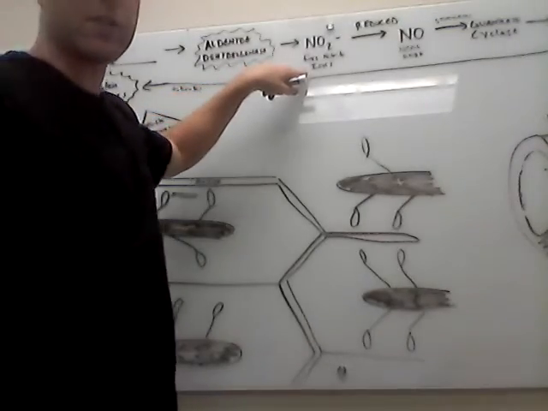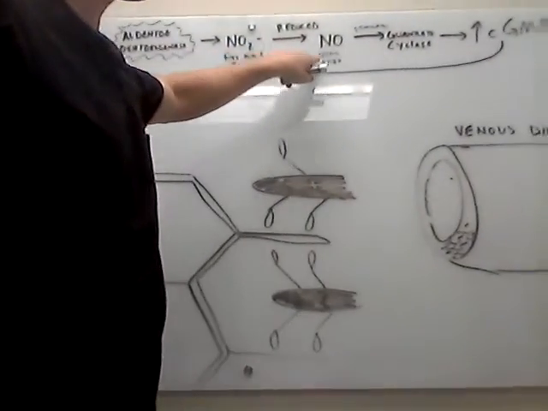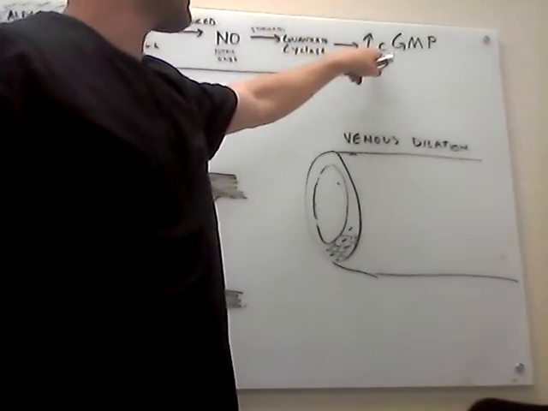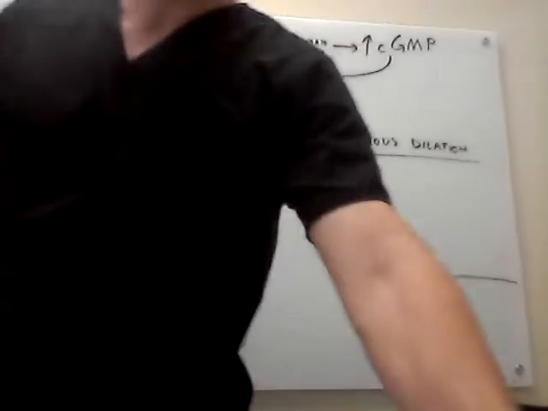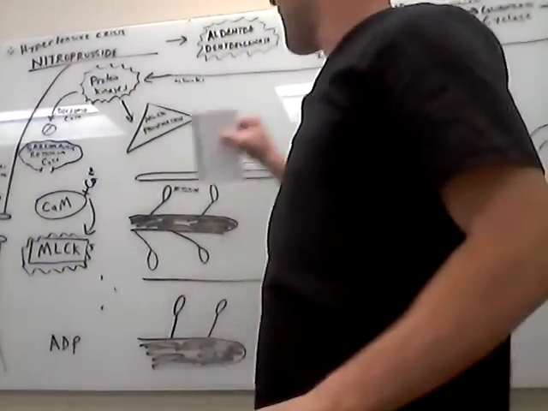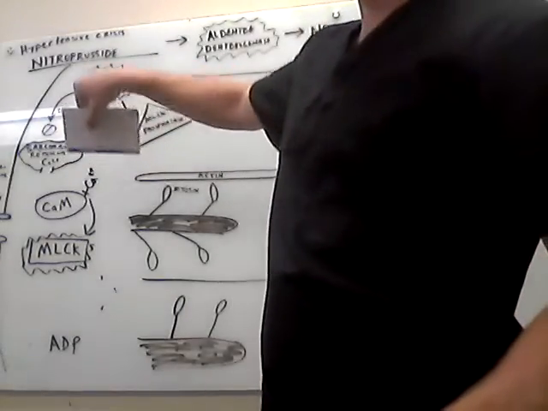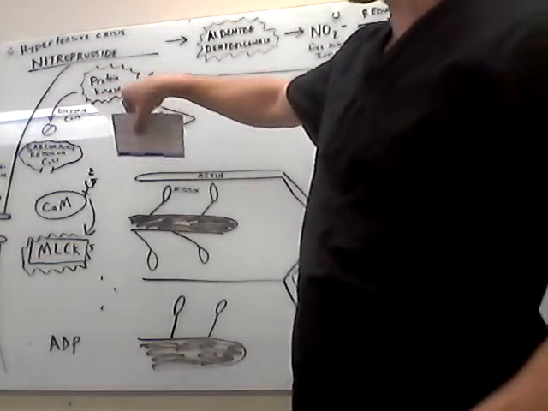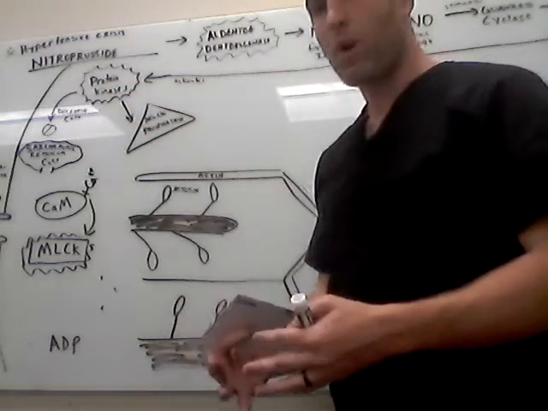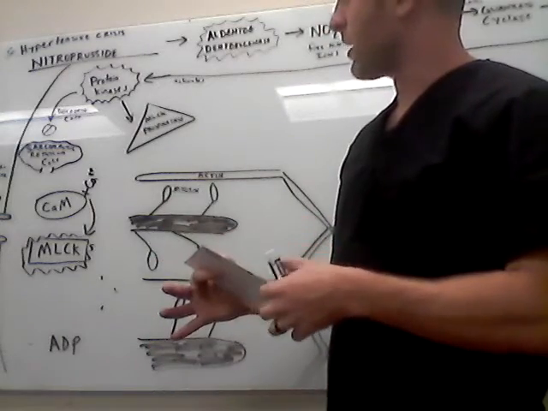Essentially, nitroglycerin came in, and an enzyme called aldehyde dehydrogenase turned nitroglycerin into free nitrite ions. These free nitrite ions were then reduced into nitric oxide. Nitric oxide stimulated guanylate cyclase. Guanylate cyclase increased the amount of circulating guanosine monophosphate, or cyclic GMP, and that activated specific cyclic GMP protein kinases, which decreased the amount of calcium in the intracellular compartment, and decreasing the amount of calcium